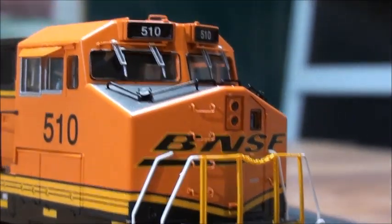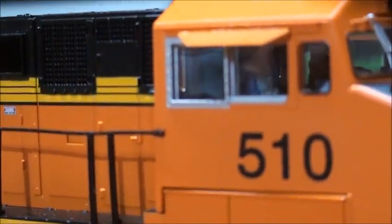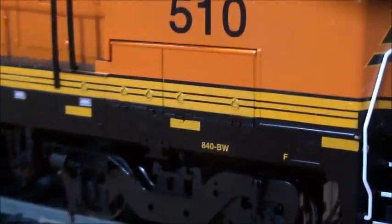Also, it's got lots of good detail on the roof. And there's the sunshades, and then it's also got a cab interior. You can see cab figures installed. The paint job is nicely done, and